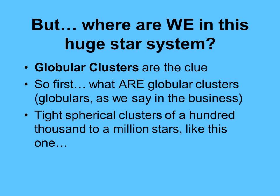So where are we in this huge system that we call the Milky Way? Again, it's not so easy to tell because we're in the middle of it, and we're seeing it edge on. And all the dust is in our line of sight as we try and look towards the center and towards the edge. And so we were fooled by the fact that when we look at other galaxies, we see this bright, dense ball of stars that's so dense it is